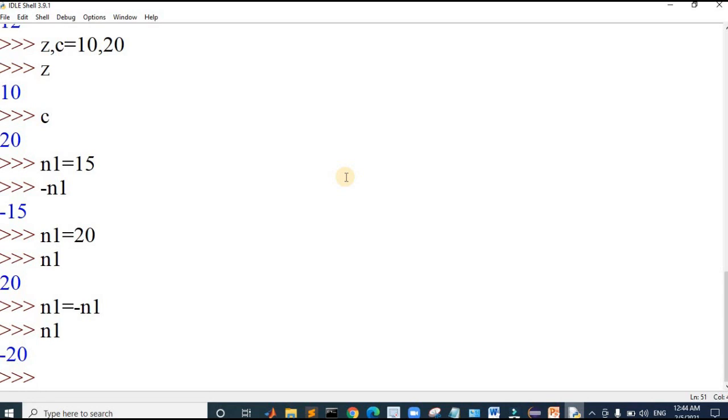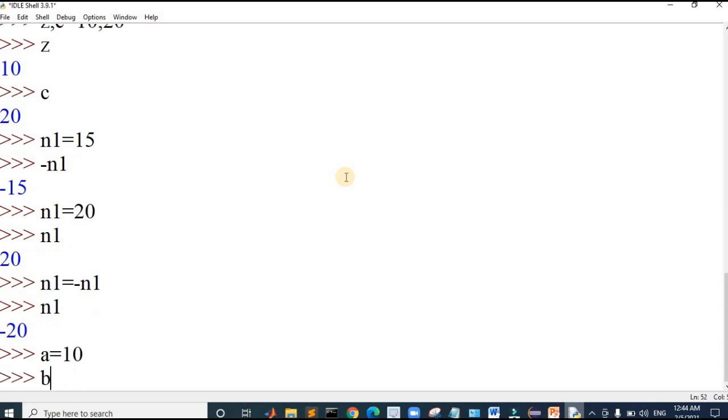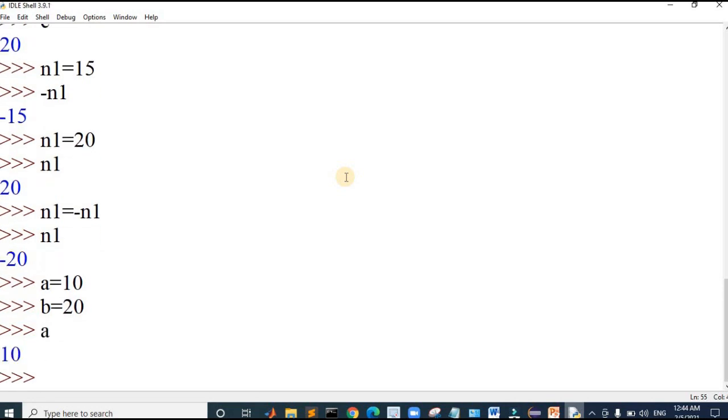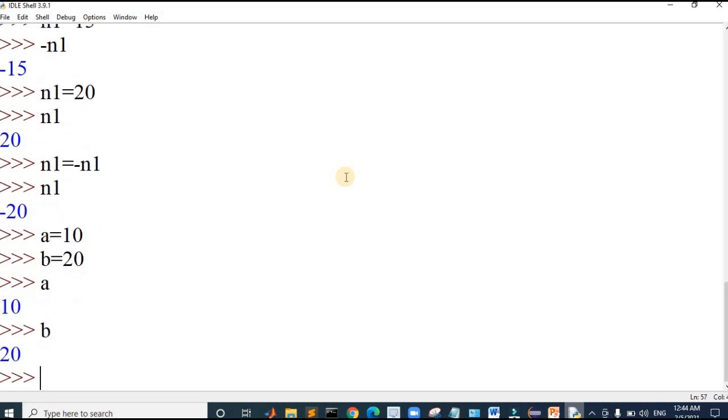The other type of operators are comparison or relational operators. These are used to compare the relation between two values. For example, I am taking a is equal to 10 and b is equal to 20. If I print a, it has 10, and b has 20.